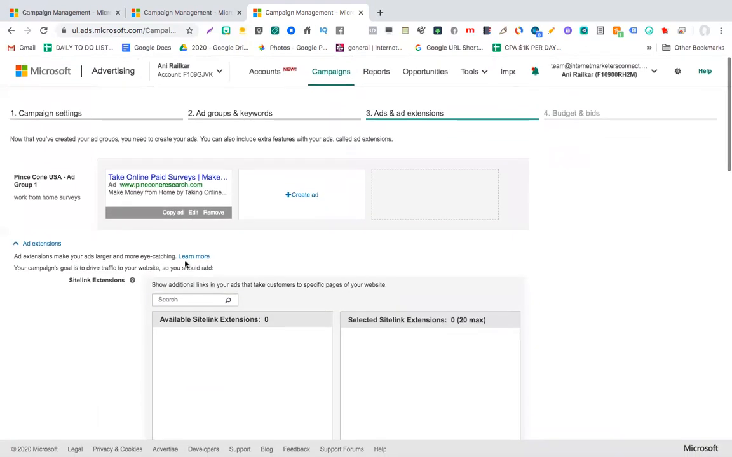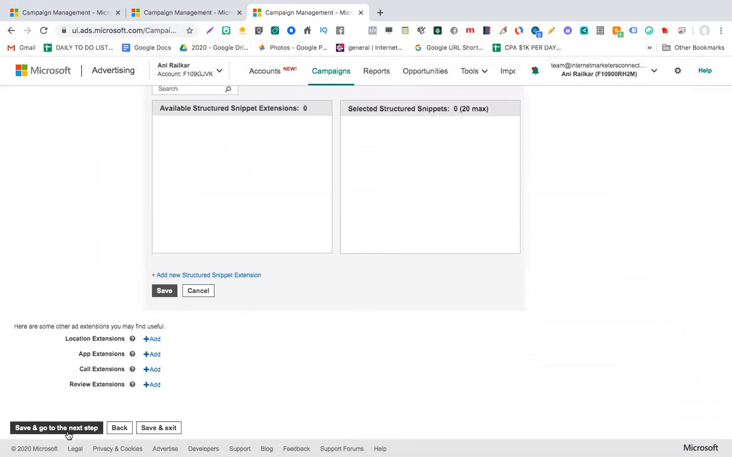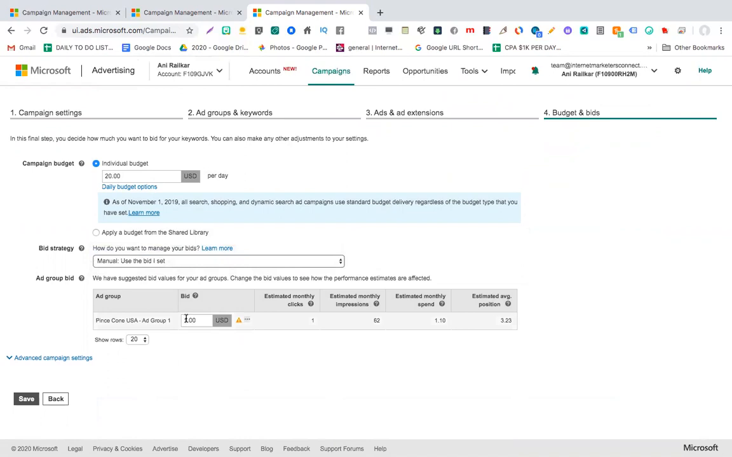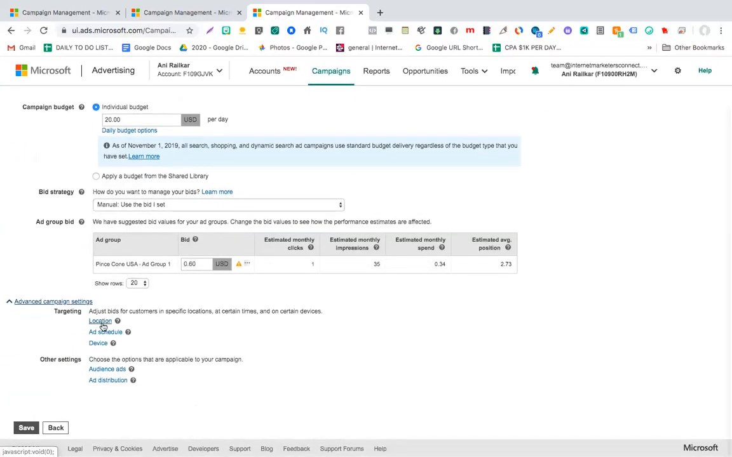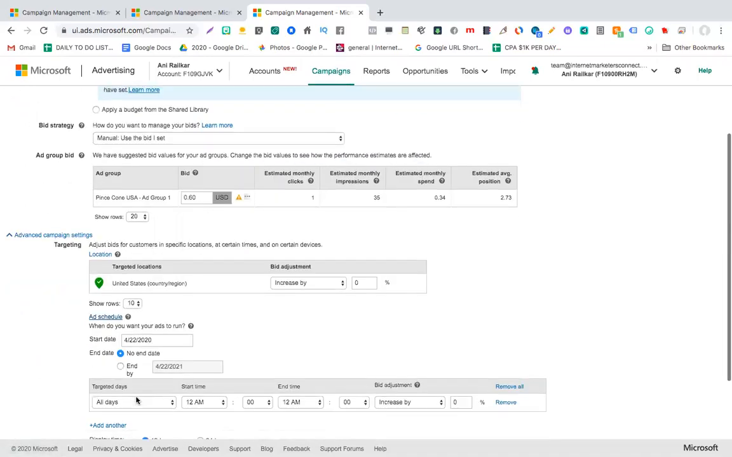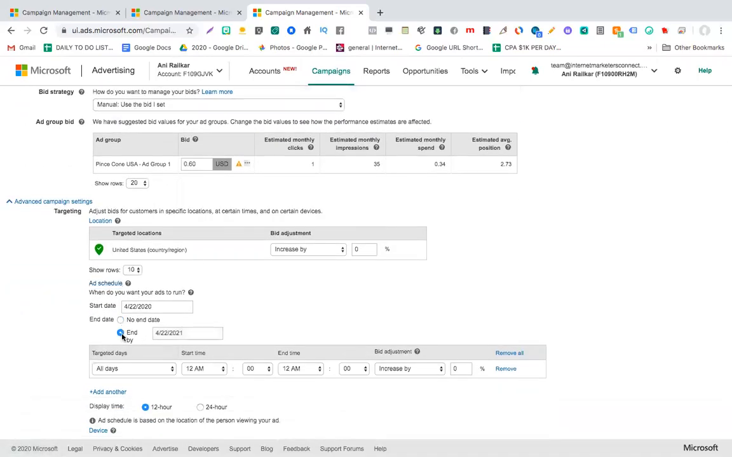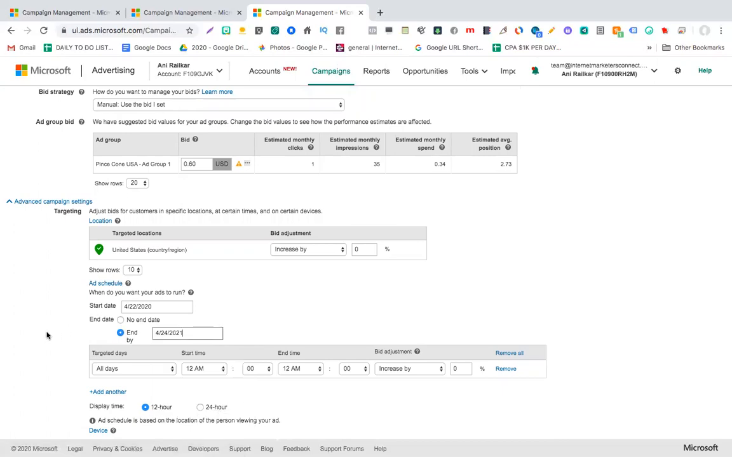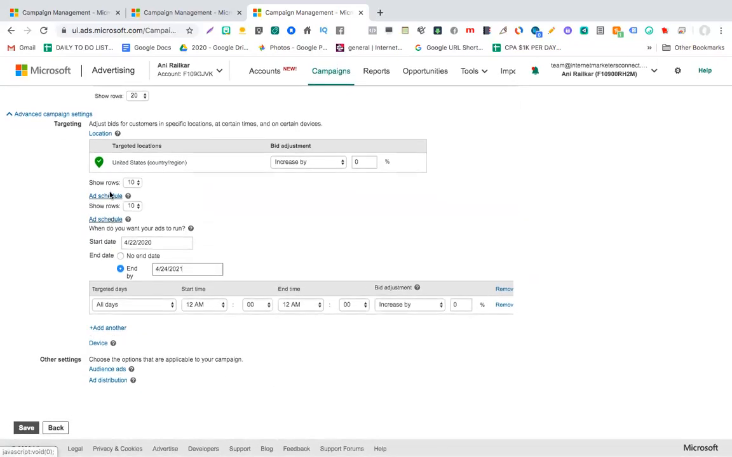Now this ad has been saved, and now the next thing that I'm going to do is click save and go to next step. And I'll just go manual, use the bid I set. I'm going to bid, let's say, 0.60 for this one, okay? And location United States, ad schedule, I just want to run this for 2 days. So 1, 2, there you go, until 24th. So end by 24th. And add schedule,